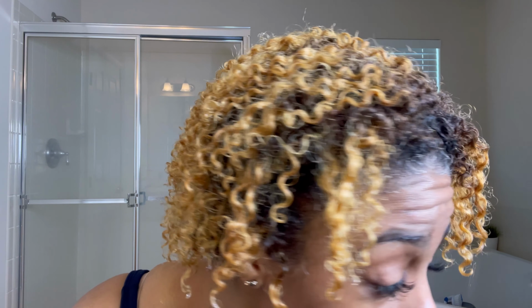I just rinsed the conditioner out and my hair feels very, very good. It feels like butter. We're soft. Look at the curl definition that we get. Come on, Wakati, look at that. Okay. Today's style, I'm actually going to be doing finger coils, and to help me achieve the finger